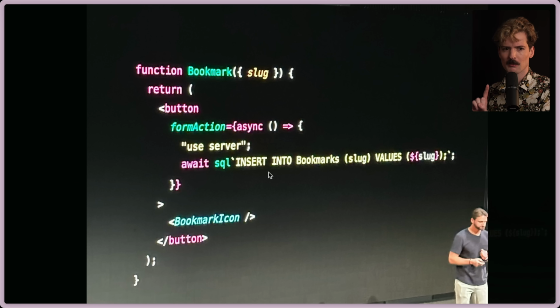There is something really, really magical here, is the fact that slug is being passed. Normally, if we were to make this a traditional form or a traditional endpoint, we would have to pass the value directly to the function that we're calling. So if we in here had a function that was doBookmark, we might have to make an endpoint that receives the bookmark value ID and then sanitizes it, validates it against the database, and then does it. But with this, where we're just passing bookmark as a value, we can define the endpoint within the scope, within the closure of slug being passed.